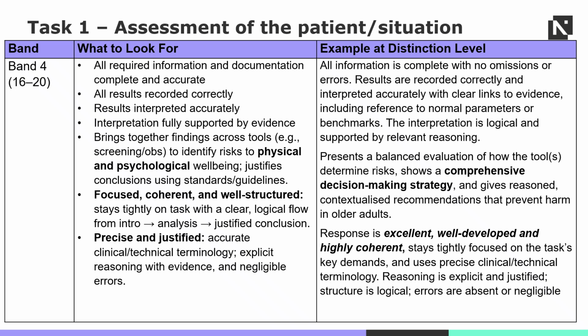Synthesis across sources, so strong responses bring findings together, for example observation plus screening plus patient history to identify both physical and psychological risks. It reads like joined up reasoning, not separate lists. And justified conclusions, so conclusions are specific and explicitly justified. Because NEWS2 shows X and their fluid chart trends show Y, the immediate risk is, therefore the safe next